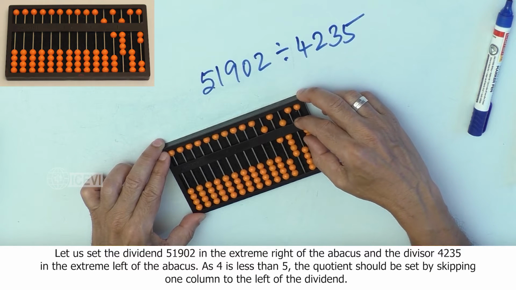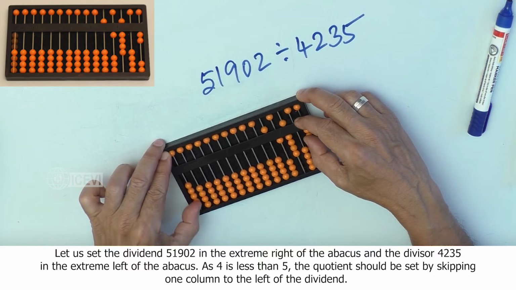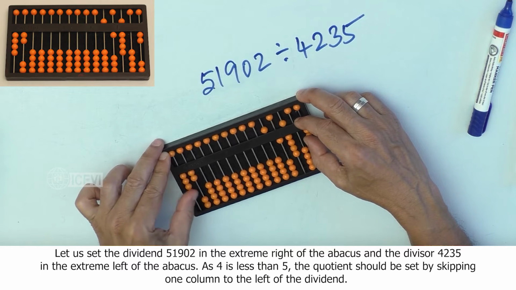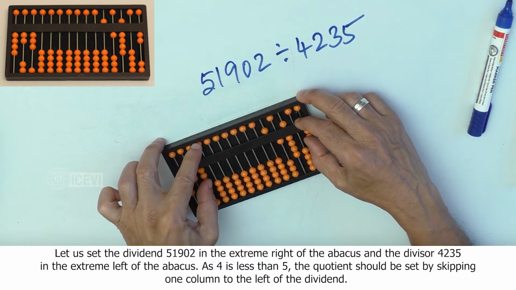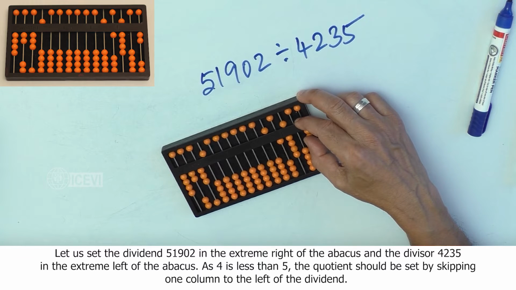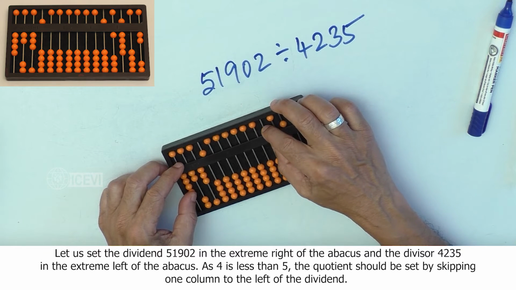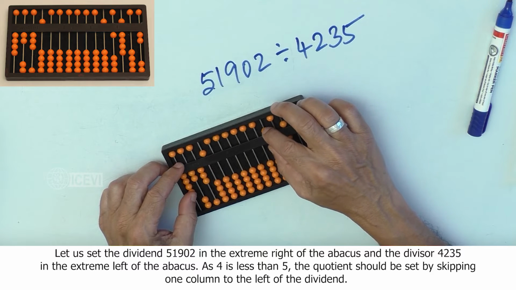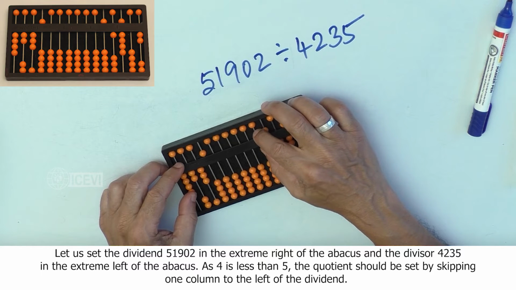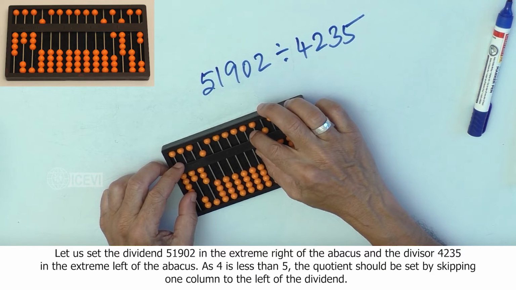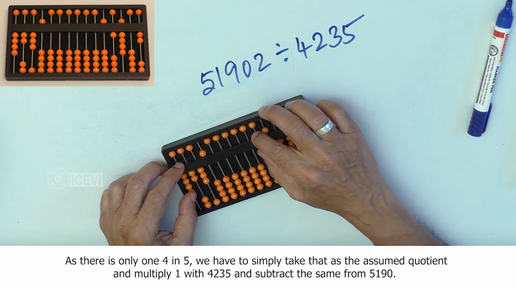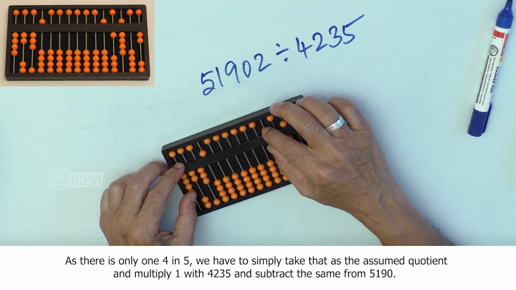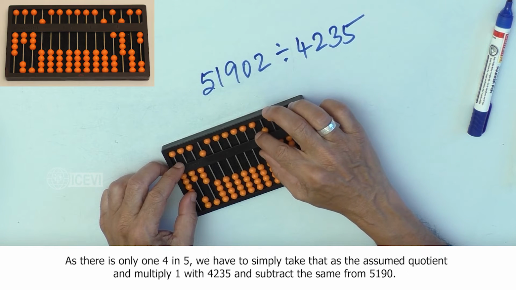51,902 in the right extreme of the abacus, and the divisor 4,235 in the left extreme of the abacus. As 4 is less than 5, the quotient should be set by skipping one column to the left of the dividend. As there is only one 4 in 5, we have to simply take that as the assumed quotient and